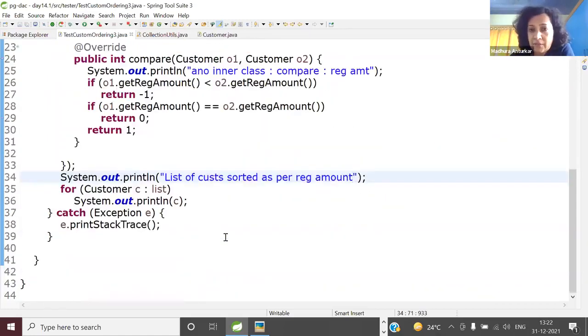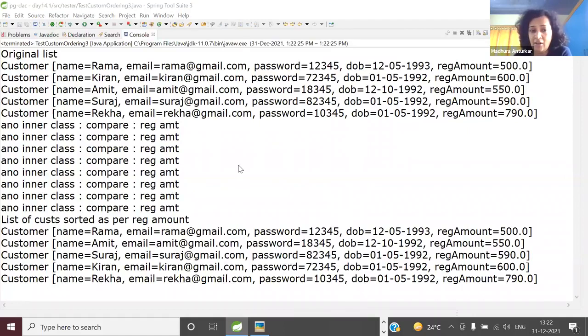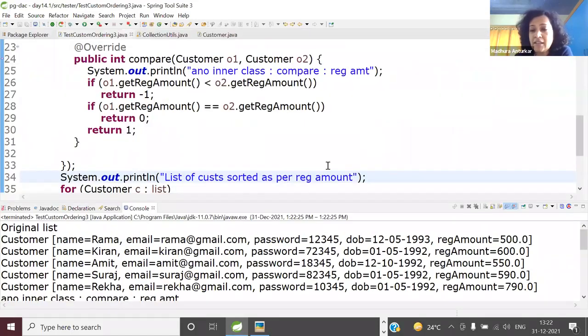Give some header so you'll know what it is printing, and let's see whether it is working. I hope you realize the same list has undergone the change. There's no copy of the list at all. The same list has been shuffled as per the criteria. So let's check: 500, 550, 590, 600, 790. Looks all good. I'll keep the code and the output both in front of you. If anything is not clear, ask me immediately.